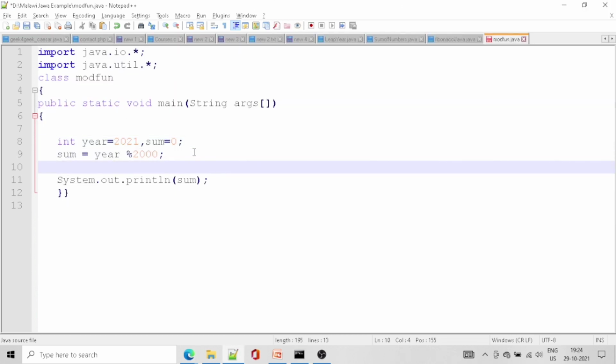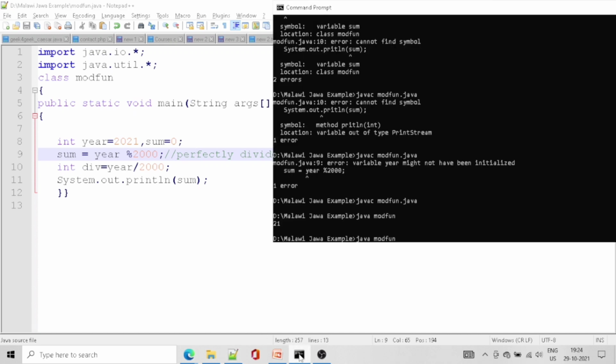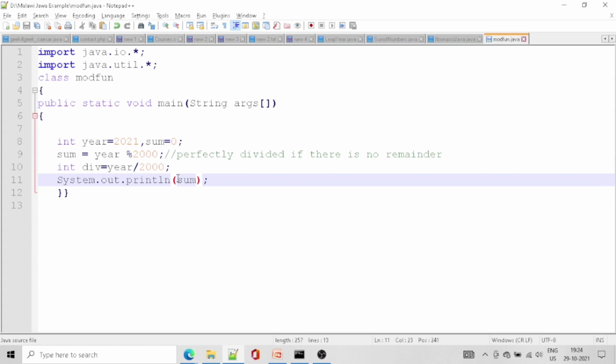What does it give when we provide integer division, year divided by 2000? This is called perfectly divided if there is no remainder. So we are putting another one, we need to print another one.